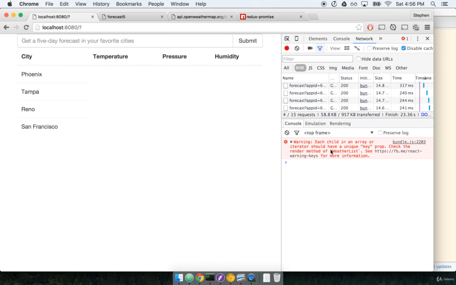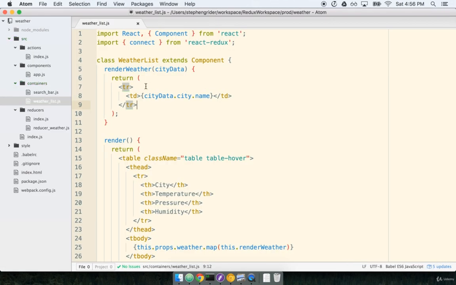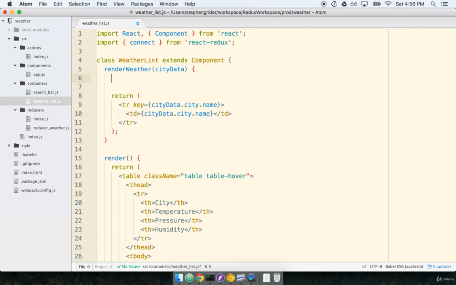You'll notice that we do have an error here. Again, it's about how we're rendering a list, and whenever we have a list, we need to provide a unique key property. Let's fix that really quick. So remember the rule behind adding a key in a React list. We add it to the top level element in the list, and it just has to be some unique piece of data. So we can make this also be the city name because that is a unique string. So we could do cityData.city.name,